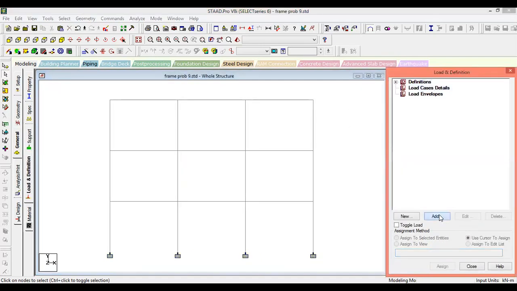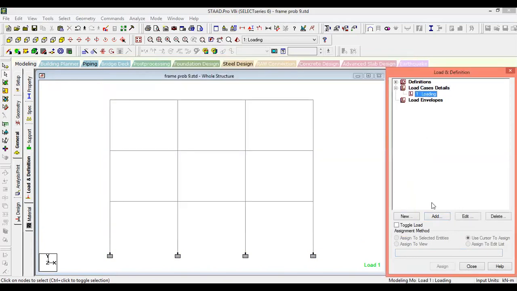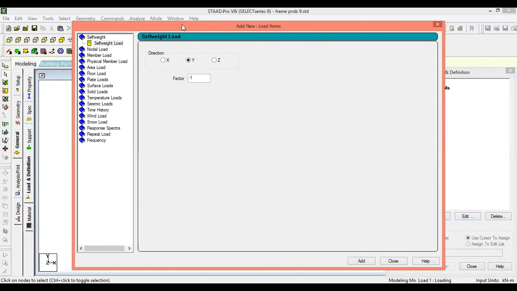Go to load case, add, primary, none, and this as usual we'll take it as loading, add, close. You click on loading, go to add. We have various loads.